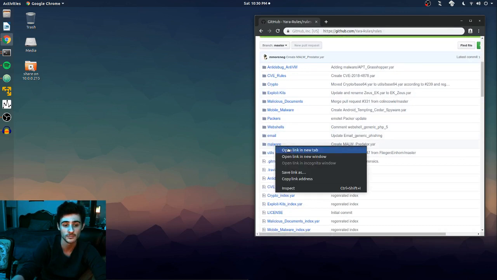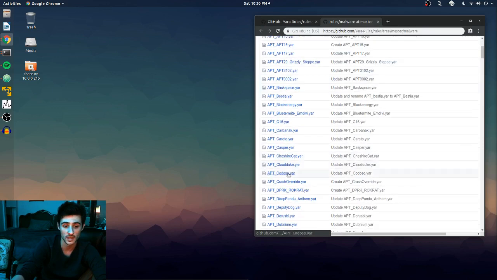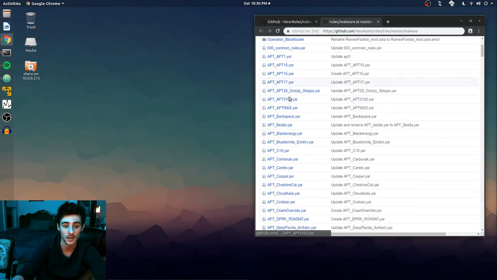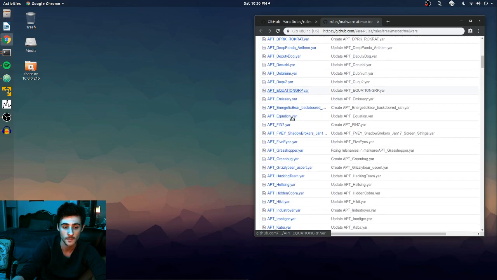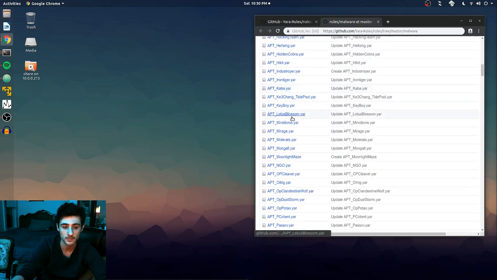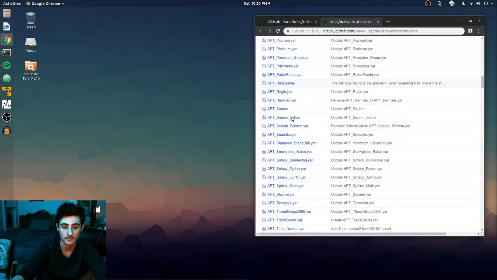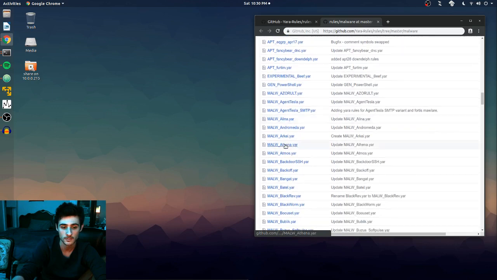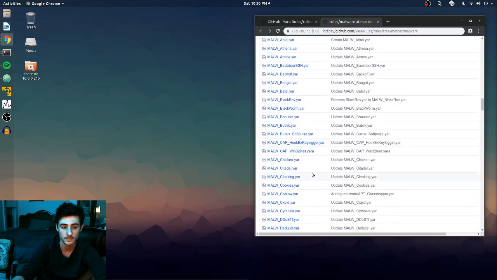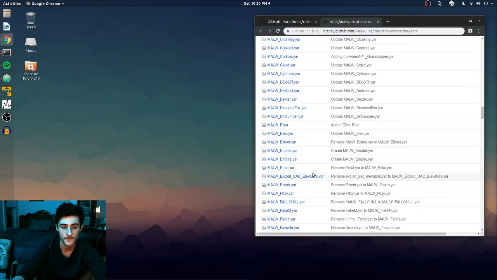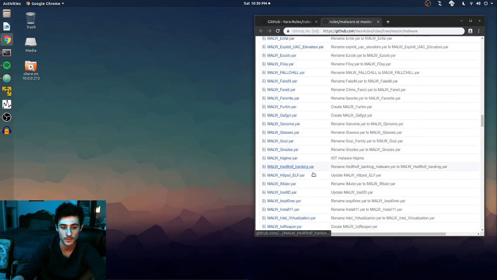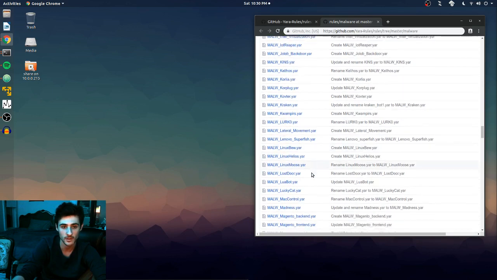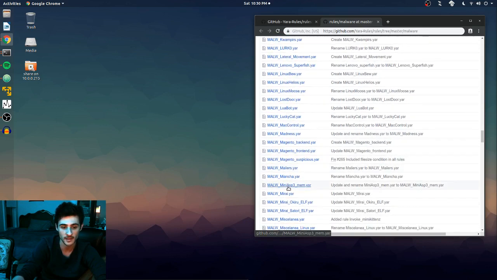For example, for malware, here are some rules. These are a bunch of viruses or different types of malware that you might find. Here's a Mirai